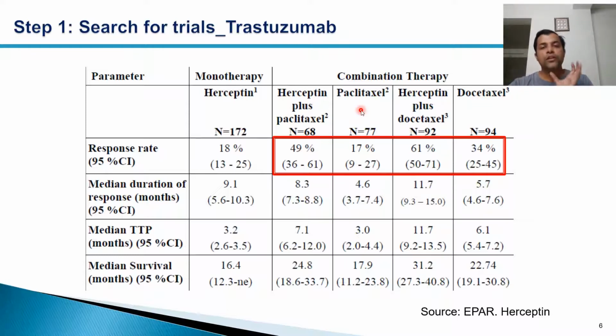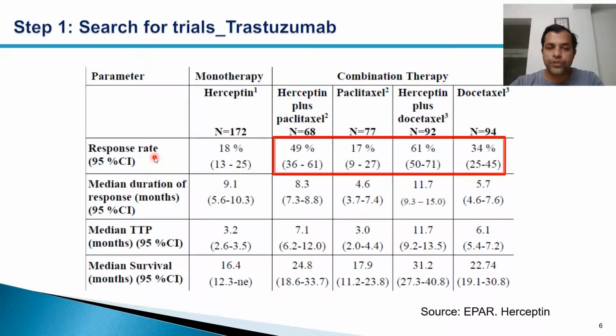Now in these two studies will give me the effect of Herceptin. So what I can see is the response rate. Okay, so response rate is objective response rate. In biosimilar study, for efficacy endpoint, we don't take overall survival or progression-free survival as a primary endpoint. We take objective response rate because it's a surrogate marker. It is more suitable for biosimilar equivalence study.